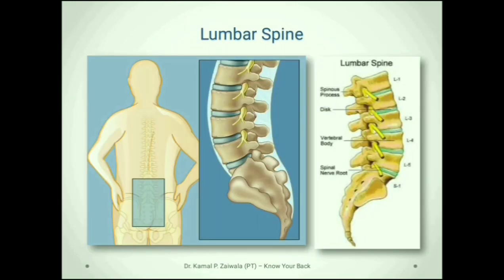So, in the structure of the lumbar spine, each lumbar vertebra is placed one over the other, and the two adjacent lumbar vertebrae form a joint which is known as the intervertebral joint or the facet joint. Just anterior to the facet joint, there is a neural foramina. From this neural foramina exits the nerve root of that particular level. All these nerve roots together form the lumbar plexus, and this lumbar plexus will supply the organs and the muscles of the pelvis as well as the lower limbs.